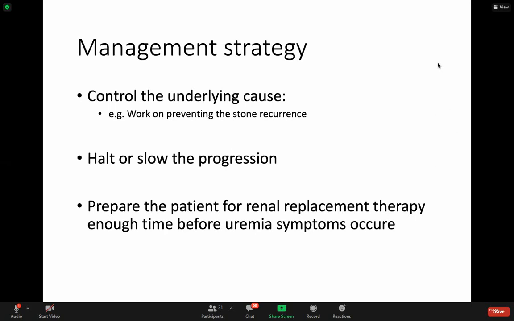طيب أيضا الاستراتيجية الثالثة إنه prepare the patient for renal replacement therapy enough time before uremia symptoms occur. يعني مو معقول انه يكون عندك advanced kidney disease وتشوف الكرونيك kidney disease تقل ولا تسوي اي شيء لين يدخل البيشنتس في uremia ويروح للامرجنسي he's sick having vomiting ودايريا vomiting ونازيا وبيريكارديال رب وعنده pulmonary edema وفيري high blood pressure وتسوي له central line عشان تسوي له dialysis والبيشنت may die لانه he has a lot of things going on لا من ناحية الفوليوم ولا من ناحية اليوريميا لا we have to plan that ahead of time before